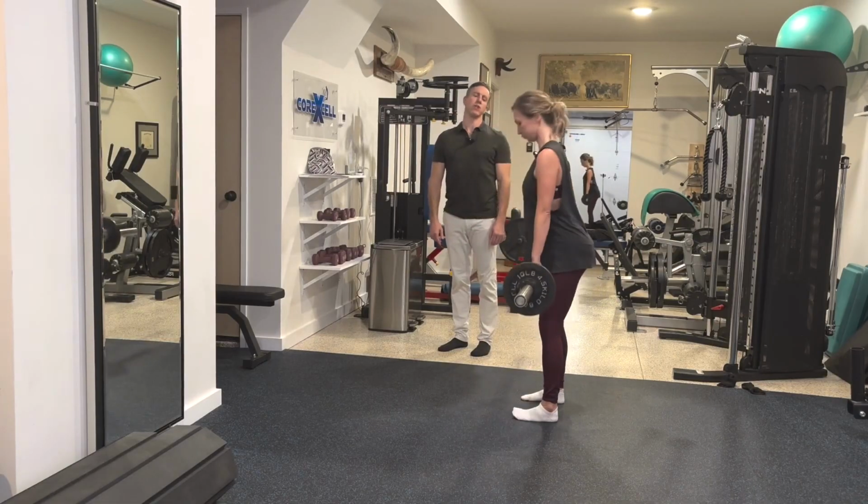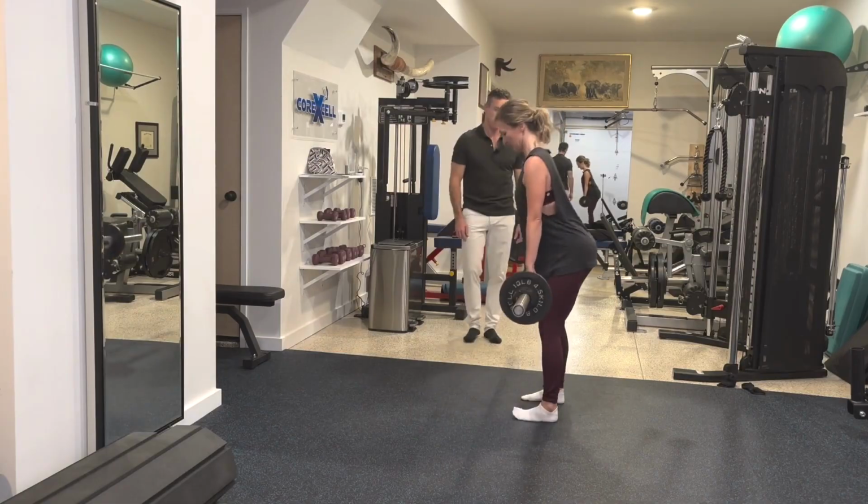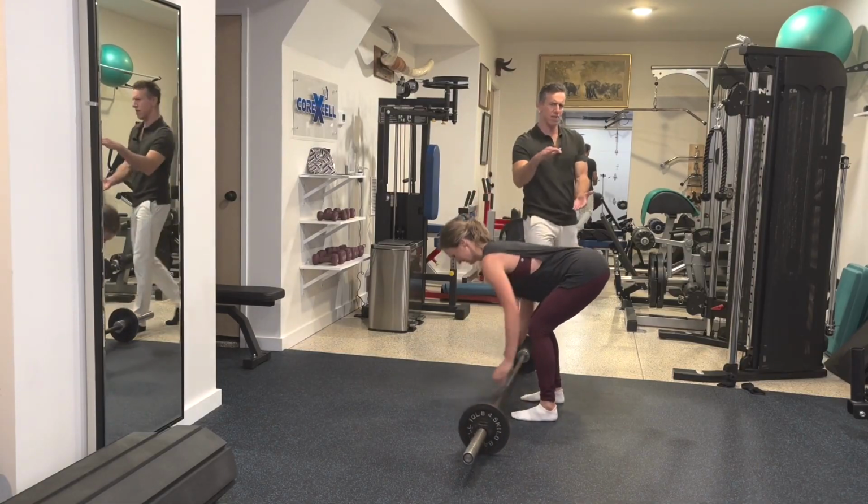Okay, and up. That's a nice one. I like that right there. That's a good depth. Yeah, like that. Okay, rest. You're done. Now, if she had 45s on,